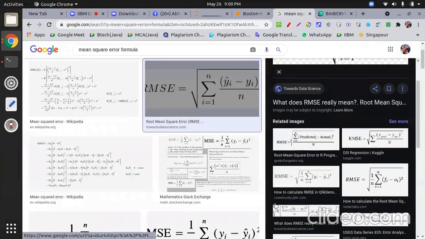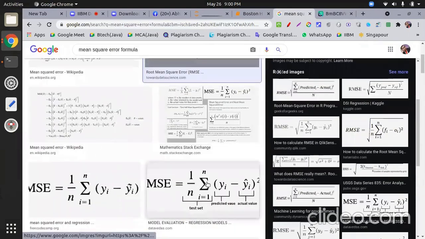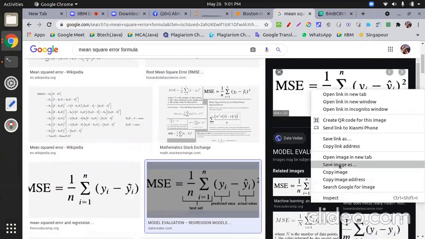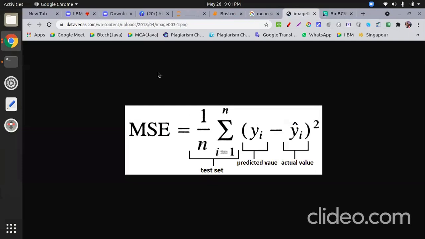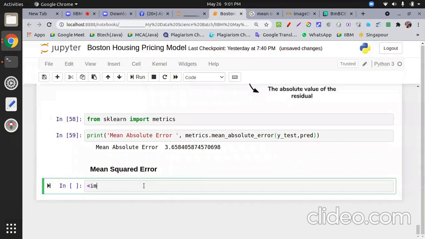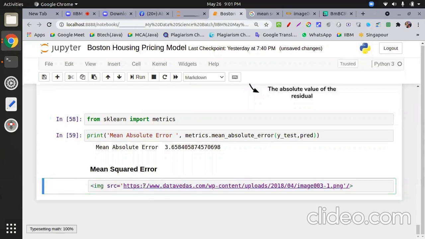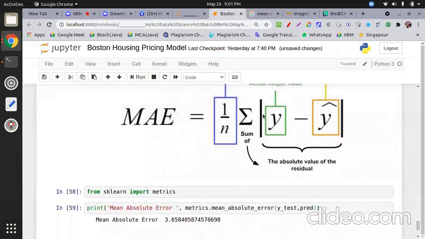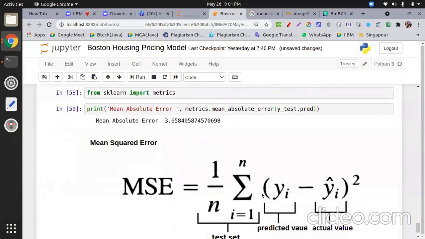I just take MSE. Okay, again what we do, only instead of mod we take the square.